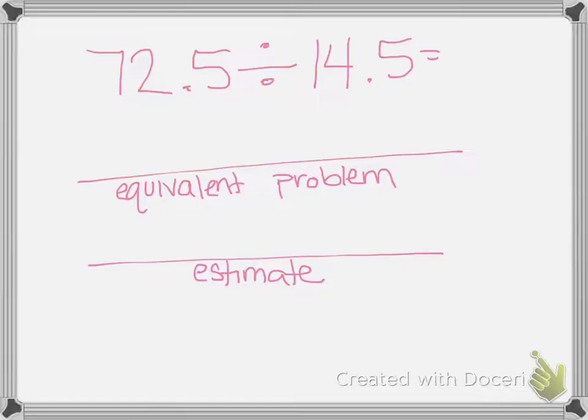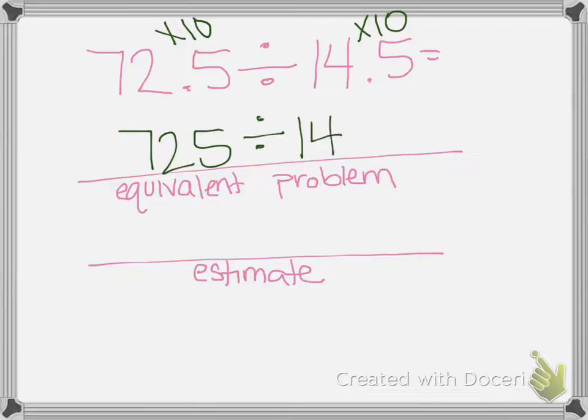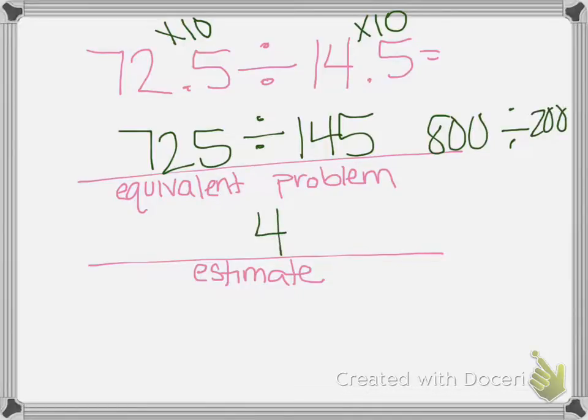Number 4 wants you to find an equivalent problem. So if I multiply the first one and the second one by 10, it would be 725 divided by 145. If I were going to estimate, a very rough estimate would be 800 divided by 200. So my answer is going to be about 4. To actually solve it,